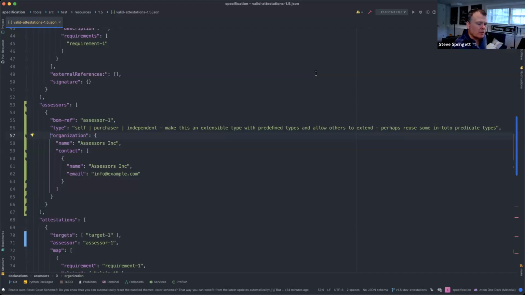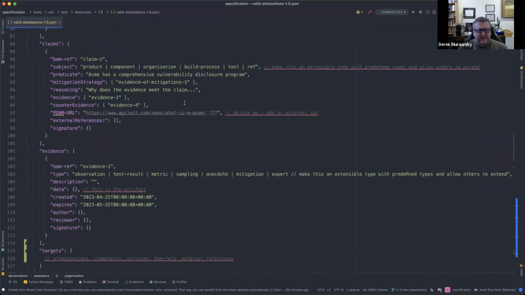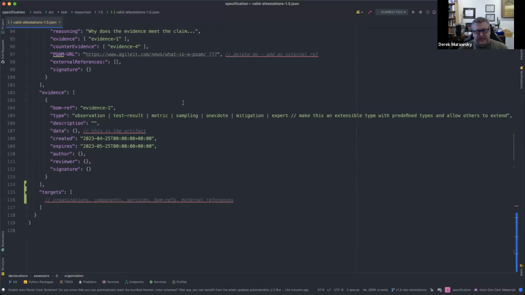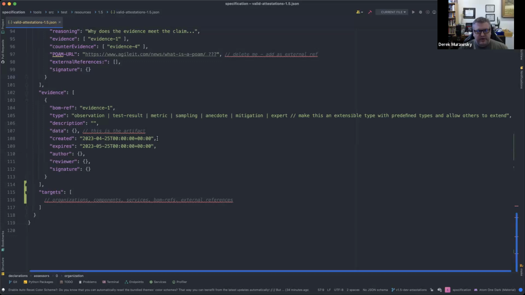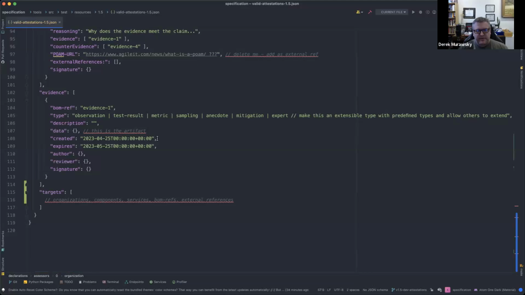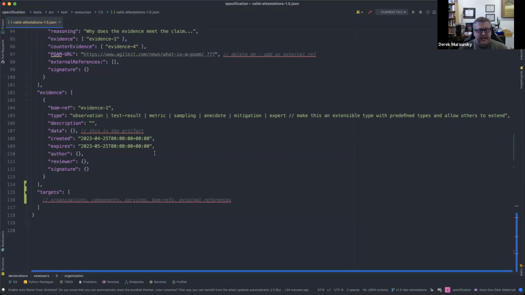In the target section? Yeah. Oh, I thought you were talking about the assessor section. It's seeing the different levels of granularity for the two that's making me think this way. So down here, when we're talking targets, we're saying we could have a generic organization or a component. Would it make sense to have a little bit of a metadata wrapper in here, create an object? So the target is an object. It's got a bomb ref. It's got a type, and the type is either organization, component, service, bomb ref, external. That way, at least we're starting to get a little bit of shape here. Would that be useful? Would that not be?